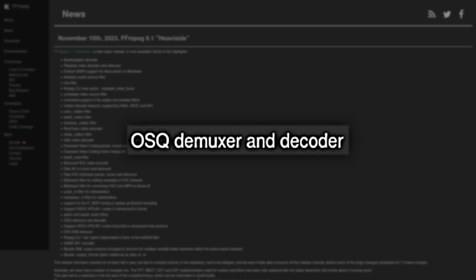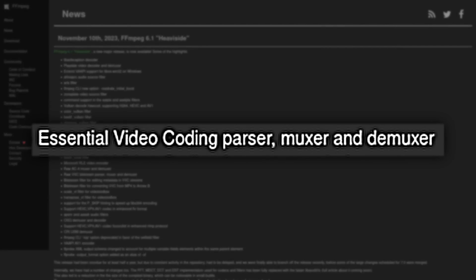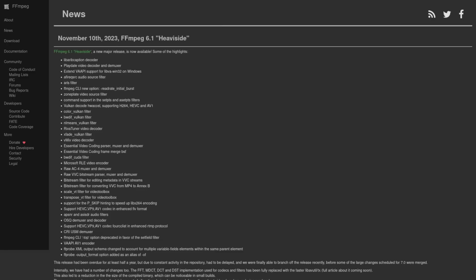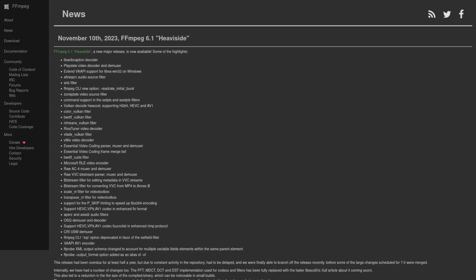Also, decoders and demuxers for Playdate and OSQ. There are also muxers and demuxers for essential video coding and raw AC4. There are also several new filters, including the ARLS filter, zone plate video source filter, and many, many more. These are just some of the features, and the list of features is huge.